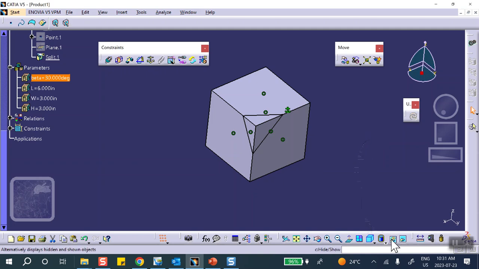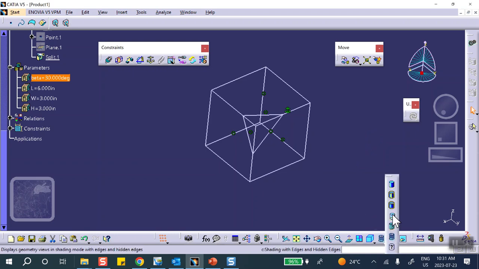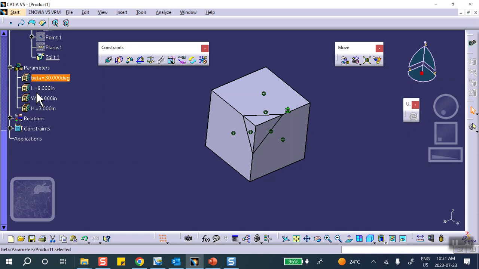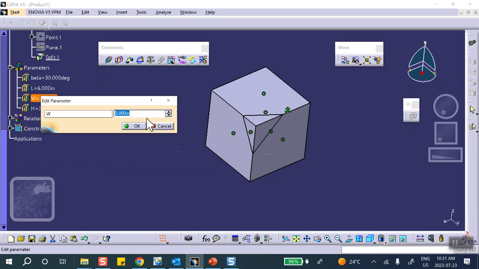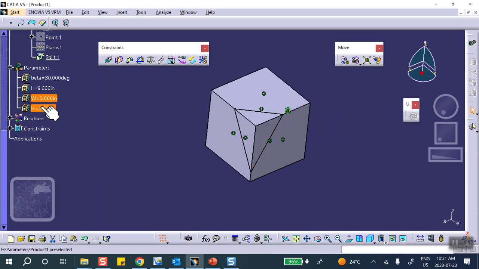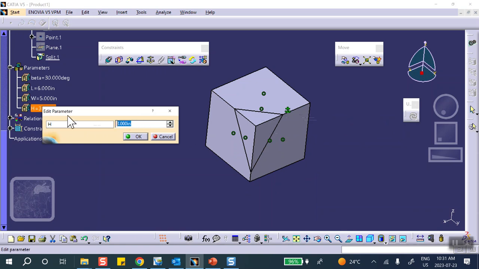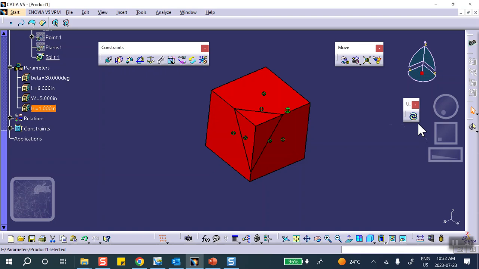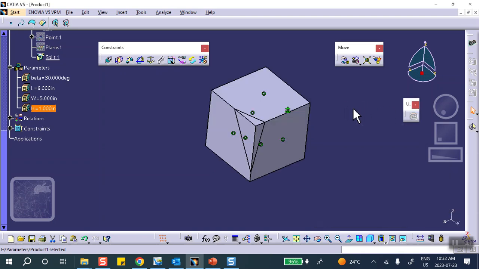There we are. They're both. If you don't believe me, just do the wireframe. You can see that they match, right? Put it back. What about W? W is this length. So let's make this thing 5. I mean, obviously, if you put a ridiculous number there, the sketches are going to be self-intersecting, etc. H is going to be this length. So we're going to 1. And there we are. It's working. I consider this the harder of the 3 problems or 4 problems that I've done, but hey,